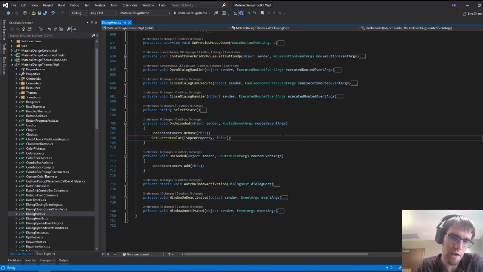So typically, if you've got a dialog host inside of a user control, and maybe you throw away that view, it's going to trigger an unloaded event. And all this is doing, because this is ultimately the problem here, is set the current value to false. And the only reason this exists here